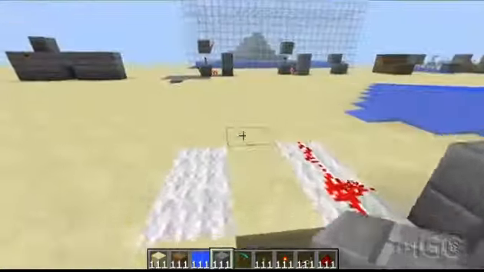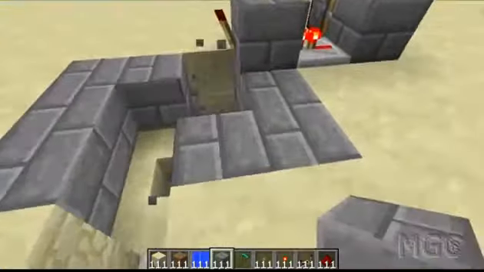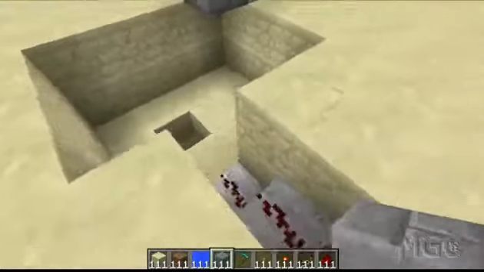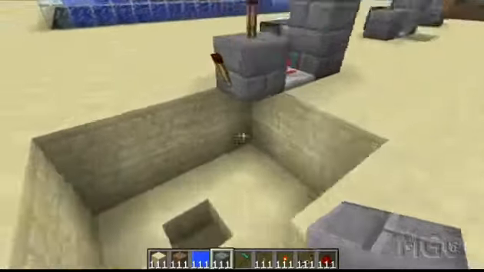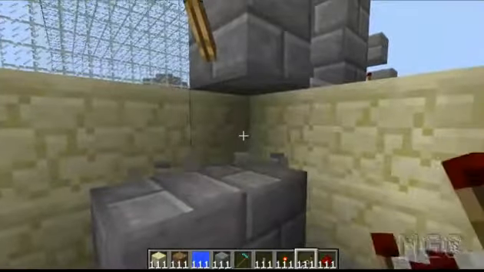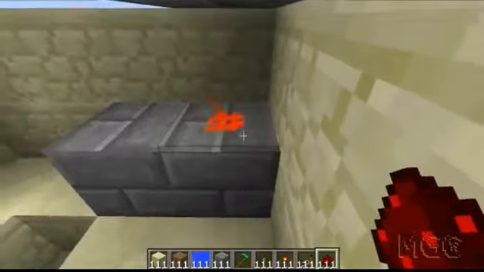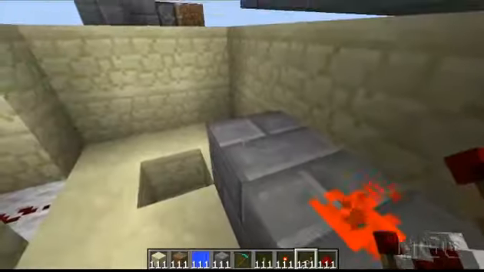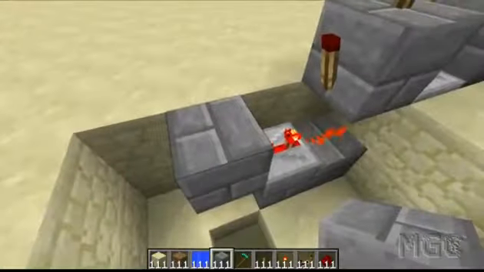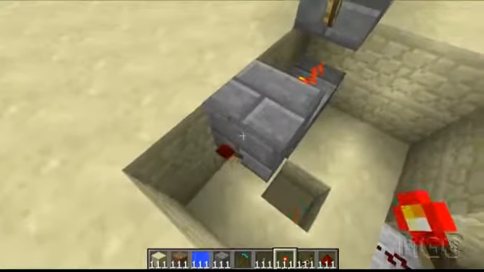And yeah, so I can easily fit one of those T flip-flops into a nice area down here. So this is pretty much the space you need to create a T flip-flop coming off one of these. So what you want is basically, if I'm doing this right, okay, so the repeater here is sending power into this block, which will be received by this piece of redstone. And all we have to do is place a repeater, set it to a delay of 3, add another block there. This block is where redstone torch will go on, not there, but over here, and a piece of redstone